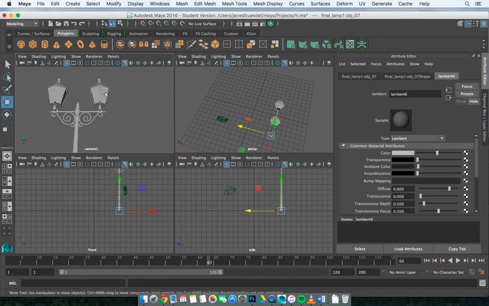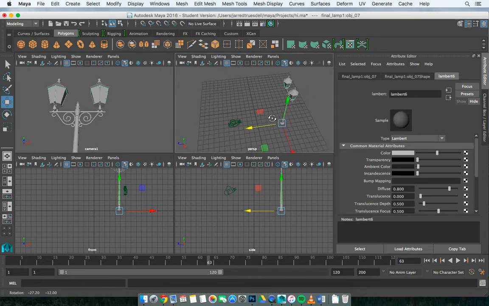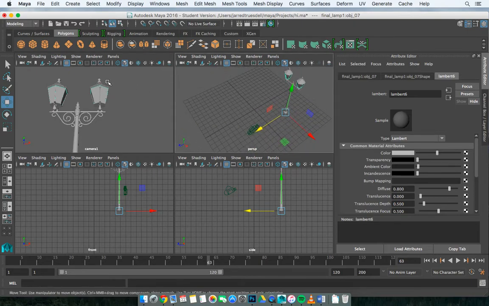So I already have my pre-selected object I had made earlier, and then I'm going to click on the glass pane, and it's going to select both of them because they're linked, and it's going to show me the color that I want, the transparency, the ambient color, and incandescence. First I'm going to make the transparency,